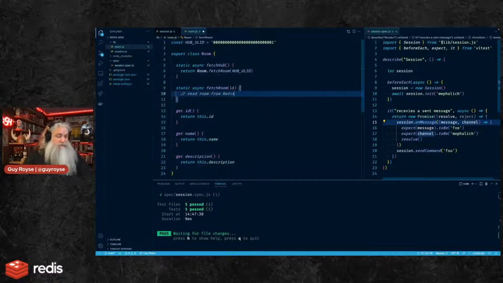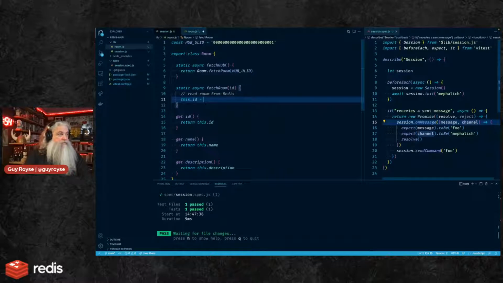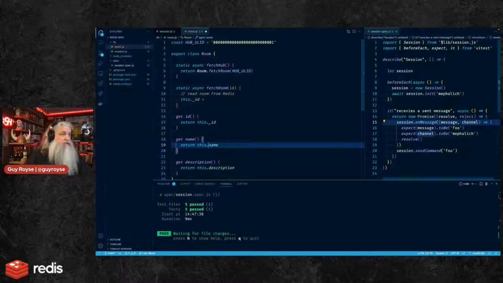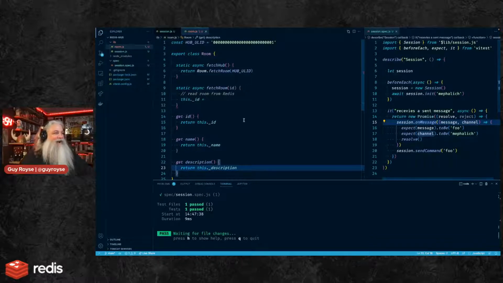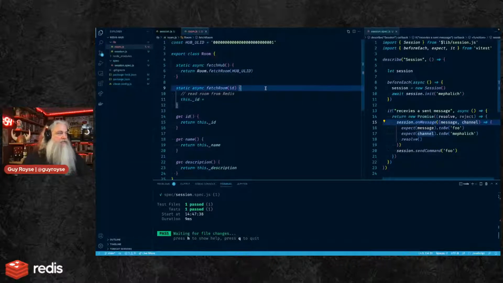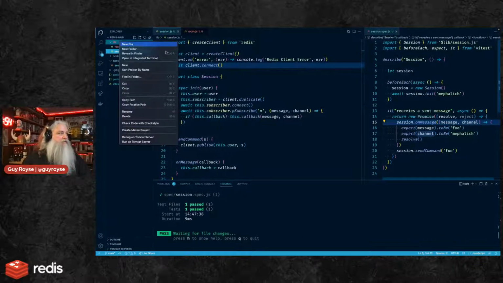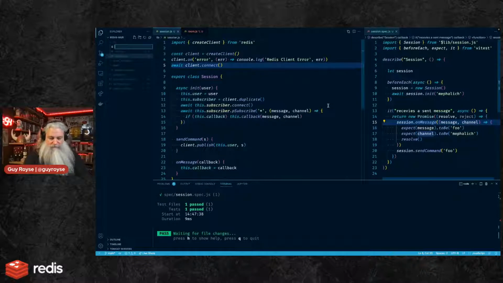And then it's going to be this.id equals the underscore ID. These need to be underscores because otherwise I've created recursion. Not what I'm intending. And so this is going to read it from Redis and then set the properties on this object. So that means this needs a Redis connection, just like this does, which means I need a place for Redis connections.